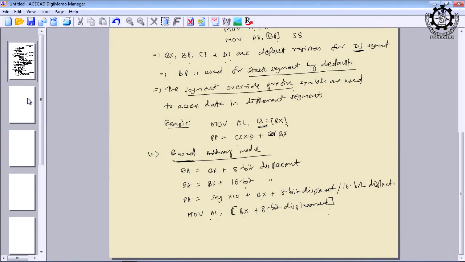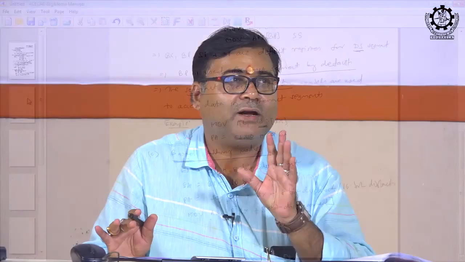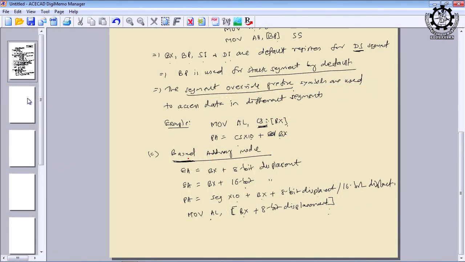Am I clear? So, why is it called based? By this also you can remember that whenever a displacement is to be added, either 8-bit or 16-bit, then it is based addressing mode. You only have to remember the word displacement with the word based. Based addressing mode needs the displacement value. And in the previous two addressing modes, we have not used the 8-bit or 16-bit displacement. And remember, this 8-bit or 16-bit displacement value you can use as data, 2 digits in hexadecimal or 4 digits in hexadecimal.